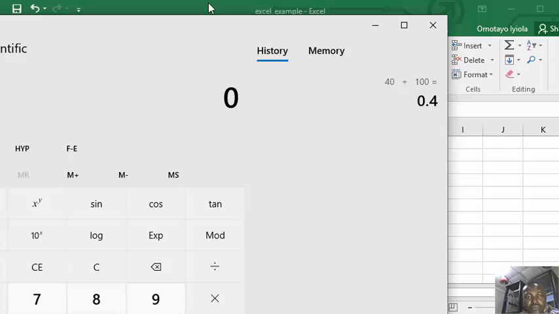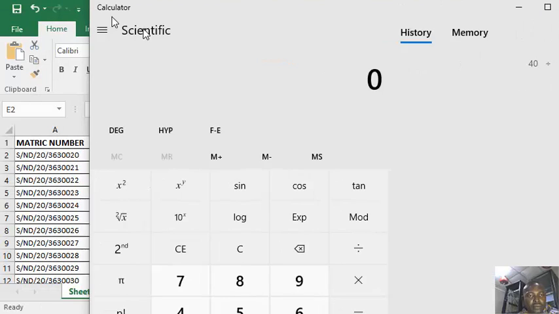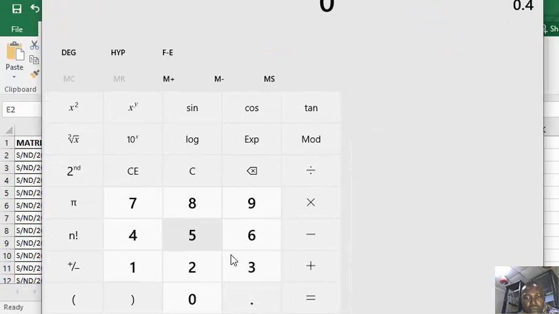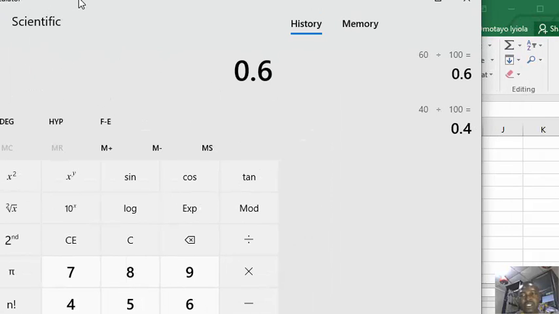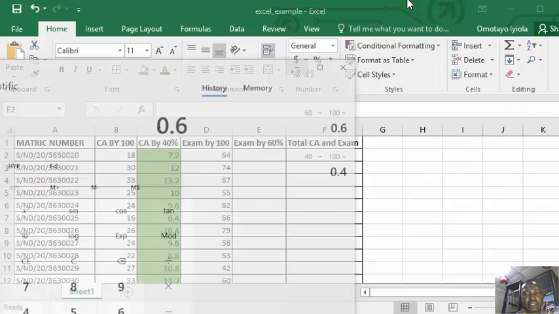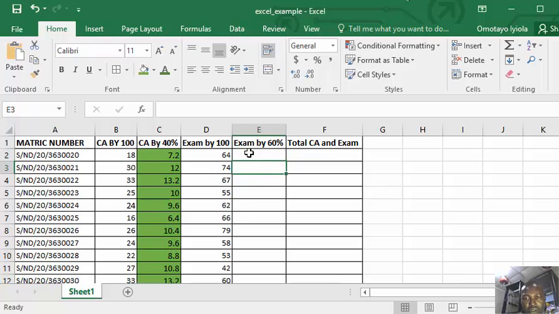So let's do 60 over 100. 60 divided by 100 gives us 0.6. So what it means is that we are going to click on this new cell, multiply whatever is in